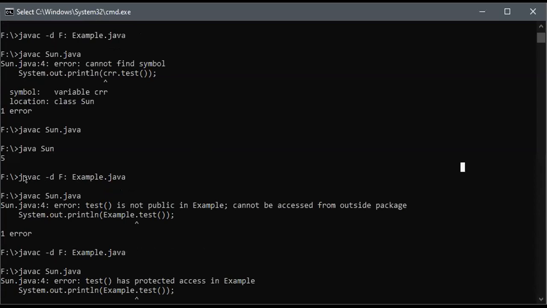See this one. This is about what we created inside an F prep. What I'm saying to the operating system from the command prompt is, please mention the directory here. This is the directory where I'm going to place the dot class file. Again, this is a very important thing. So I'm telling the operating system to place the dot class file of an example inside an F drive, with a colon. If you want to place it somewhere else, just change this one.